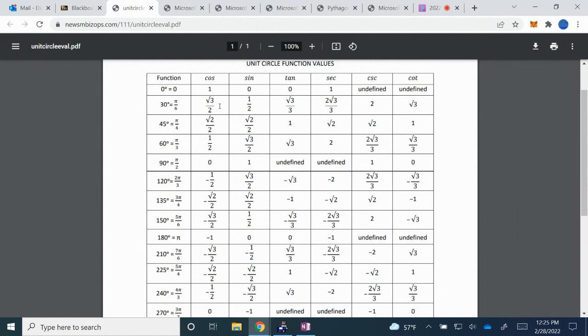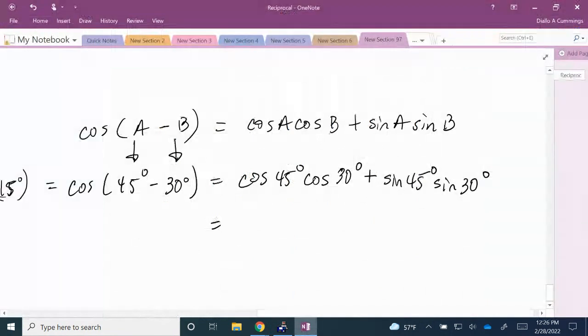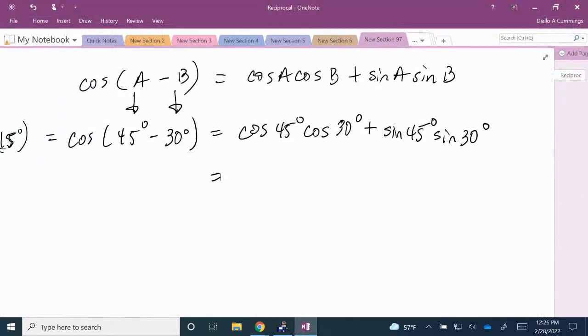And then we have the 30-degree angle. The cosine of 30 degrees is square root of 3 over 2, and the sine of 30 degrees is 1/2. So we're going to write these values where they belong. We have the cosine of 45 degrees, which is square root of 2 over 2,